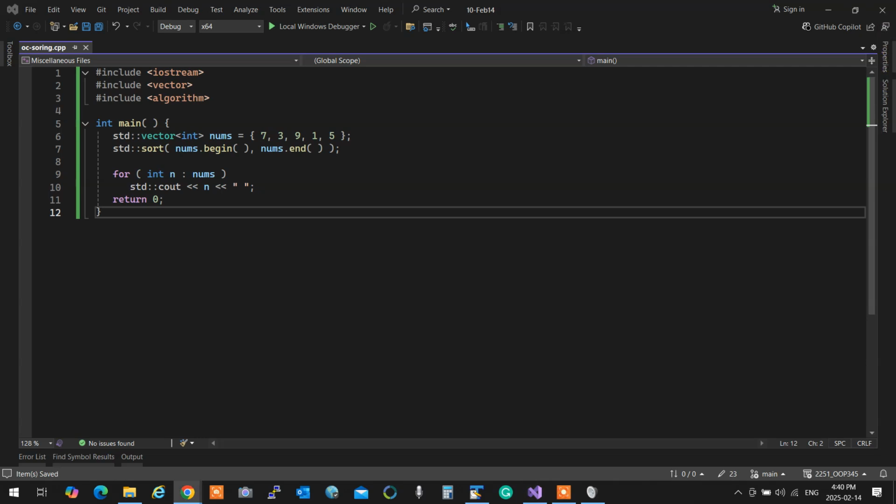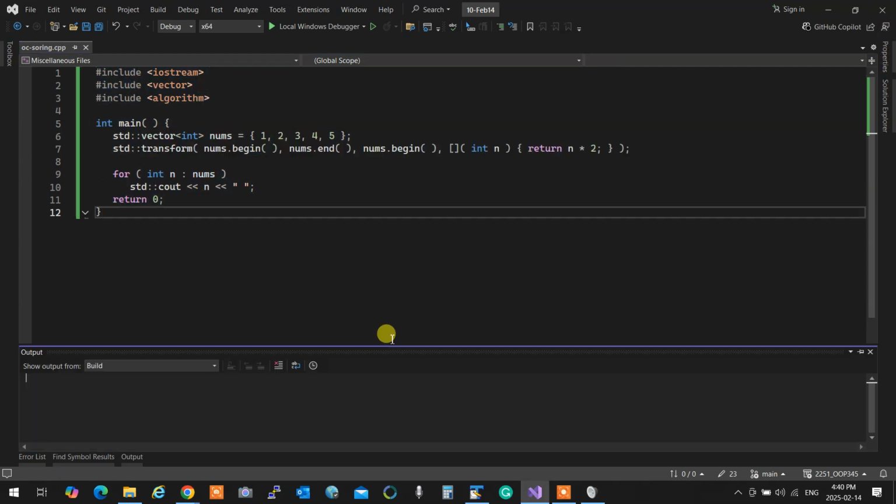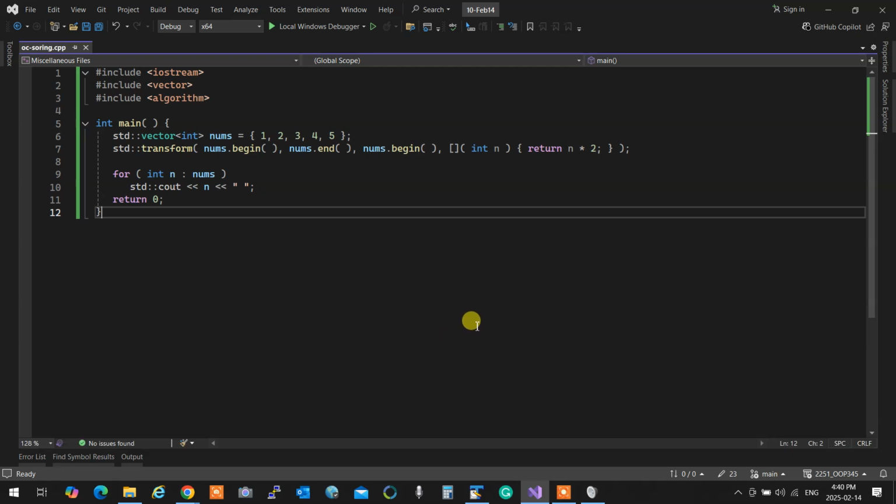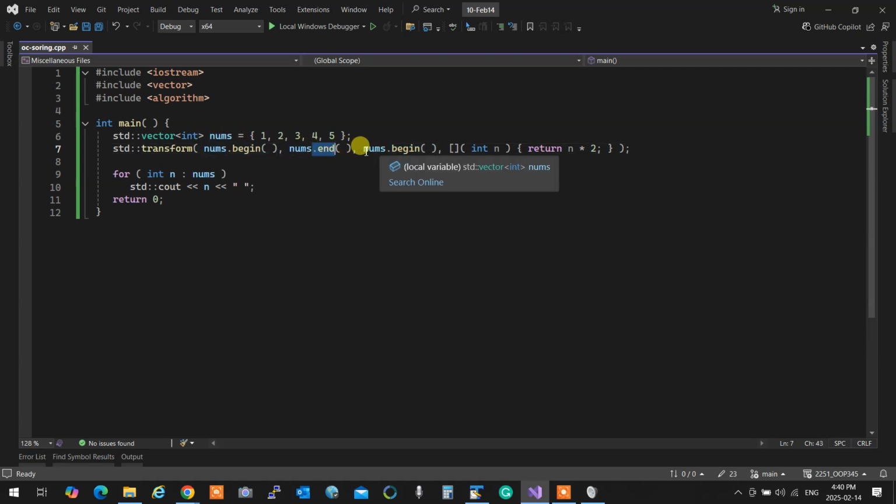Modifying algorithms. Let's say you want to double all the contents of that vector, one by one. What do you do? You say transform from here to here, put it starting from here, and apply this function to it. So this could have been another vector, but you can place it in itself too. It doesn't matter. Okay? So essentially, I'm saying start from the beginning, go to the end, and put the values